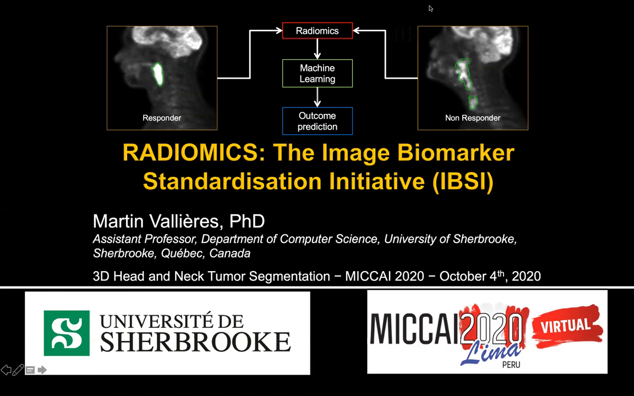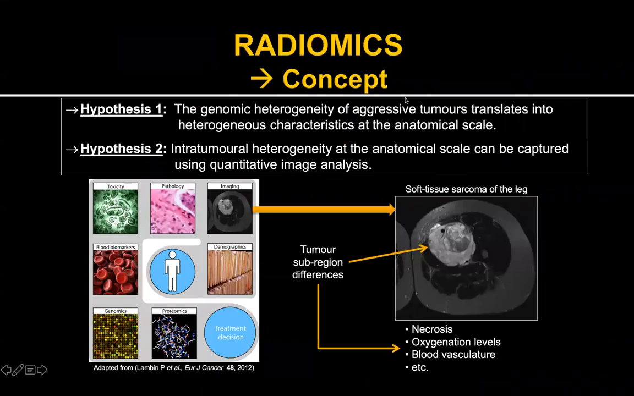So before describing what the Image Biomarker Standardization Initiative is, let me first give a bit of concepts again about radiomics. The first hypothesis of radiomics is basically that the genomic heterogeneity of aggressive tumors could translate into heterogeneous characteristics at the anatomical scale, and that this heterogeneity at the anatomical scale could be captured using quantitative image